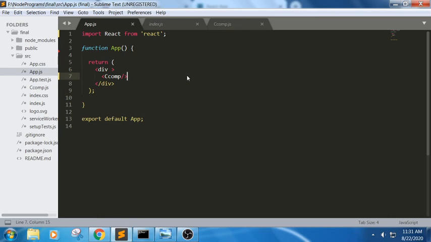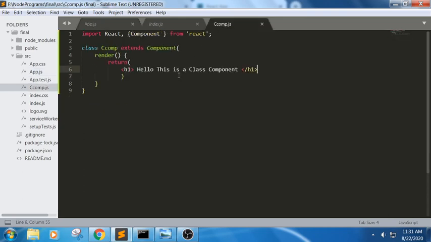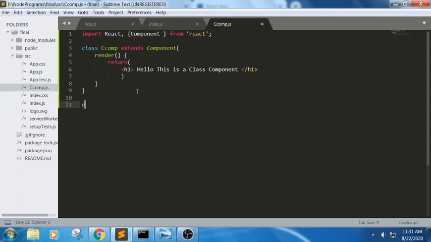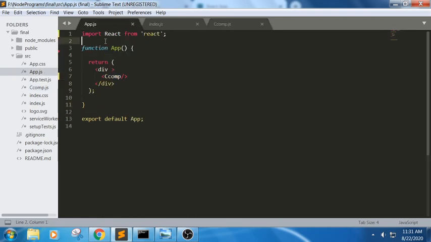Now if I'm trying to use this class component here, how can we use it in app.js? We should be able to export it. Export default CCOM. You have exported the class, but we haven't imported it. So in app.js we should be able to import it. Import from, we will be writing this one. What is the CCOM? It's enough.